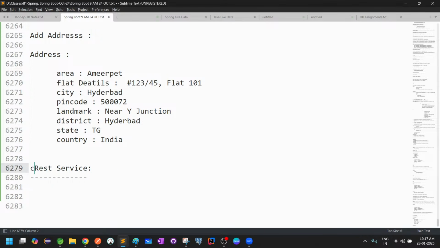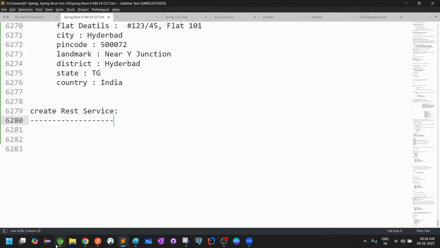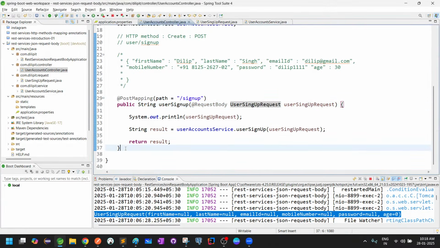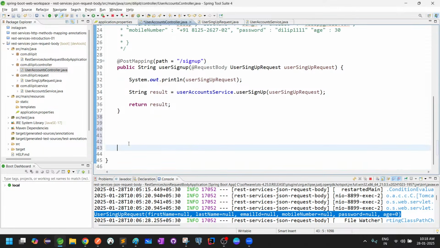So do we need to create a JSON payload for this? Yes, you may create. It's up to your choice. Or let's start directly with the REST service itself. See here what I'm doing. Second REST service I'm creating, guys. So what you have to do first, let's take a method public